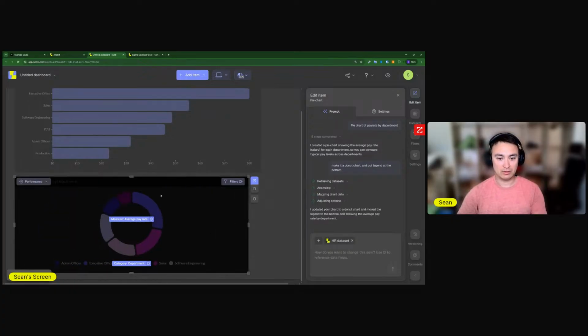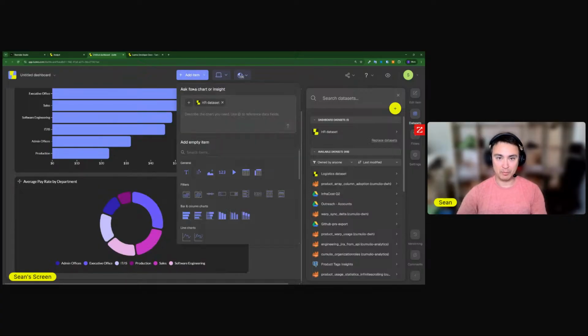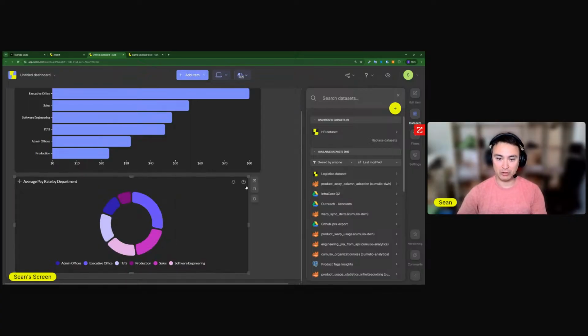And there we go. It's updated to a donut style. Put the legend at the bottom. One thing I do like to recommend though is while it's very powerful to build via the prompt, it's still